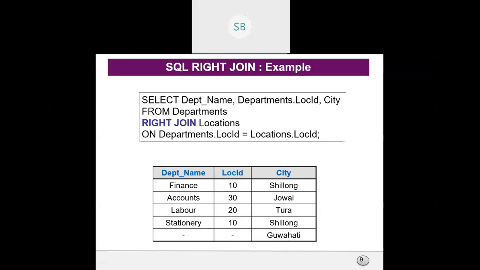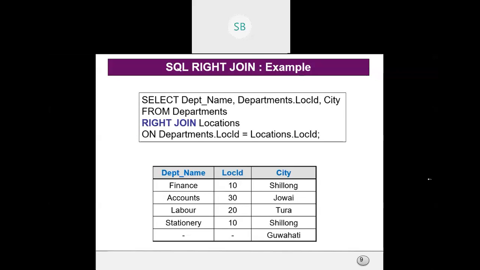Anyone not clear? Students, are you understanding the thing or not? Clear? Let me ask some students. What about Partha?